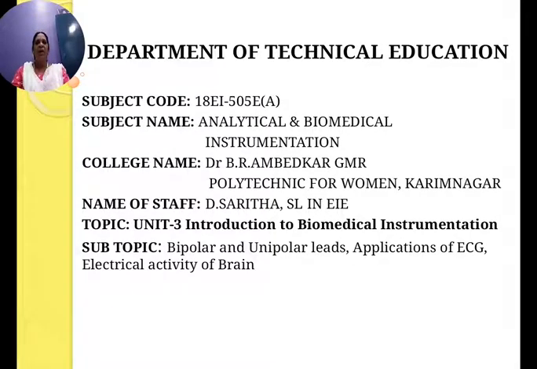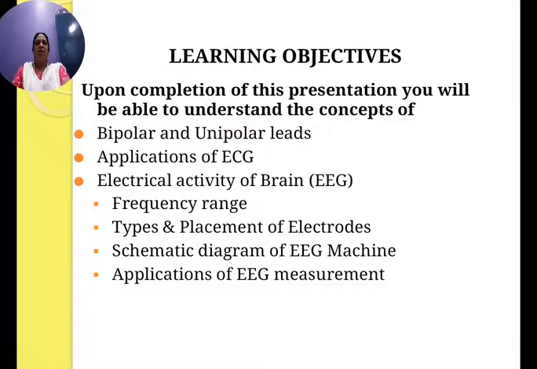Students, today I am going to deal with the topic bipolar and unipolar leads, application of ECG, electrical activity of the brain, from the chapter Introduction to Biomedical Instrumentation. Upon completion of this presentation, you will be able to understand the concepts of bipolar and unipolar leads, application of ECG, electrical activity of the brain, EEG, frequency range, types and placement of electrodes, schematic diagram of EEG machine, and